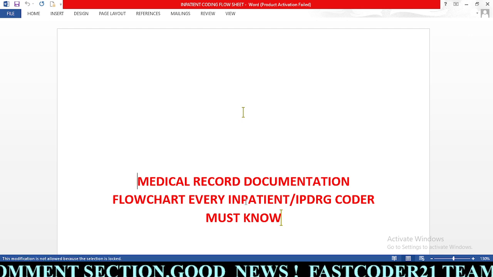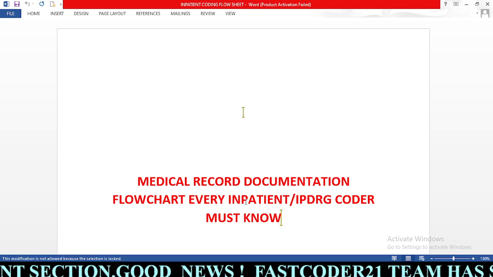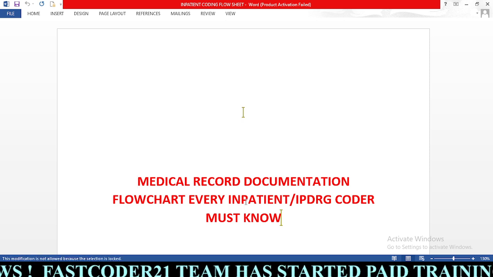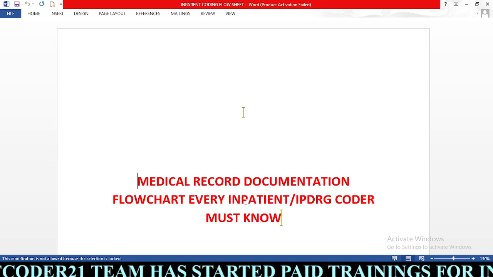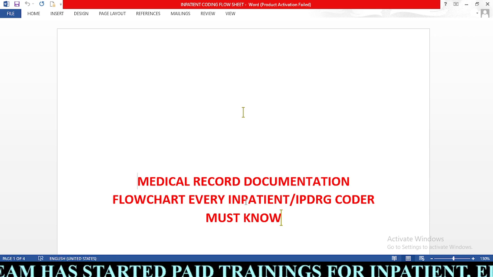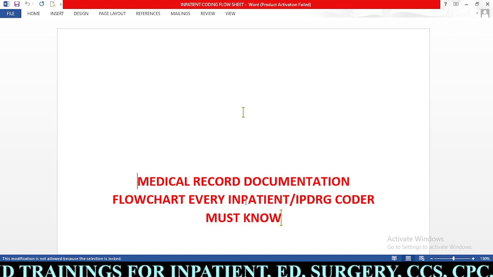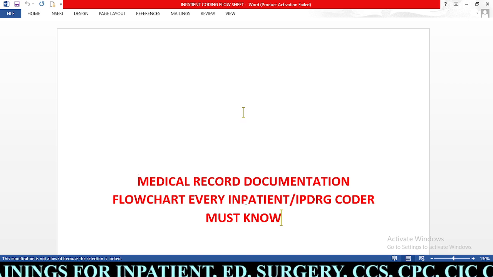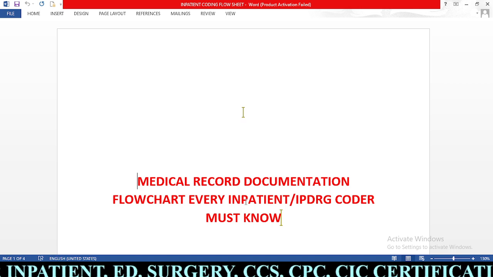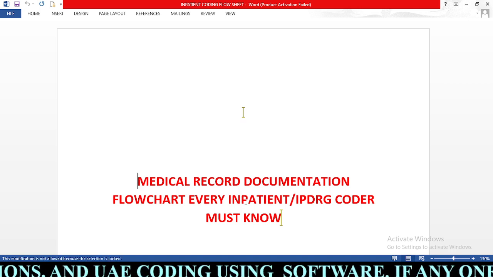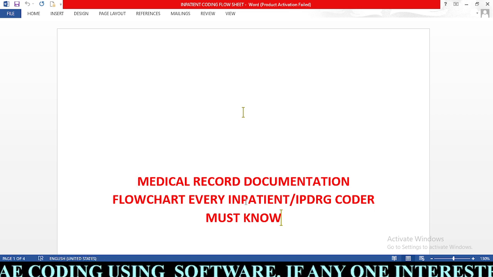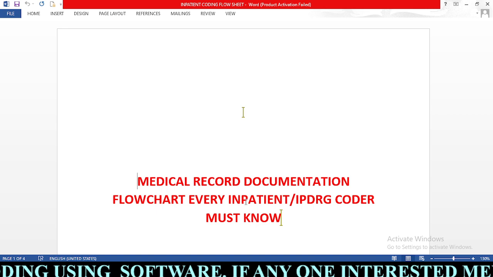Today's session is the medical record documentation flowchart that every inpatient IP-DRG coder must know. Guys, as all of us know, inpatient coding is the most complex coding specialty among all coding specialties. As an inpatient coder, you need to check various documentation in order to code a patient visit properly. So in this session, we are going to learn what important documentation needs to be present in order to